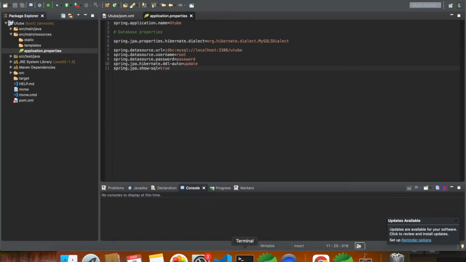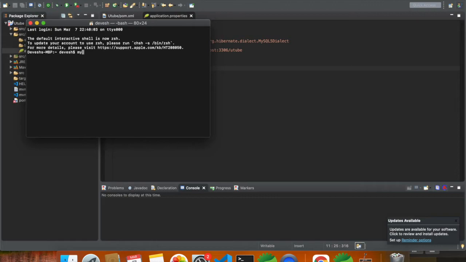So I'll open the terminal and I'll start the MySQL server using a command which is mysql.server space start. So this will start MySQL server on my local, and this step is also complete. So we have completed the 3 steps for this. Now only step that is left is the fourth step. In this step we have to create the schema for the database. So in the fourth step we will create one database for our application.